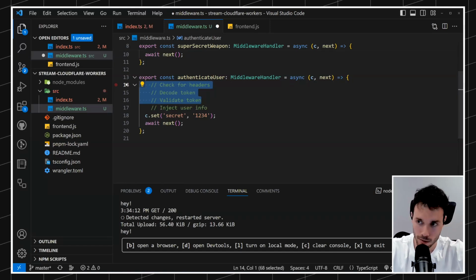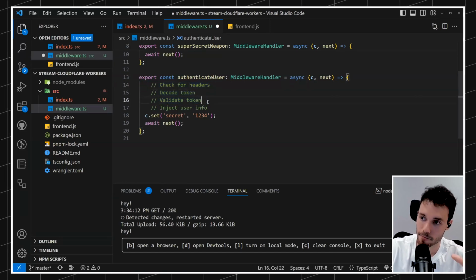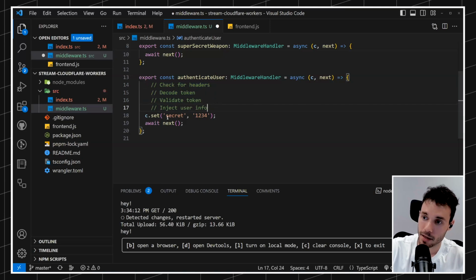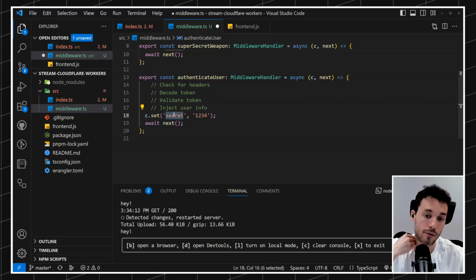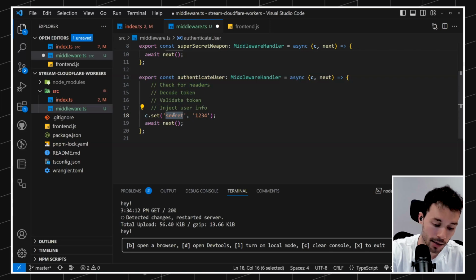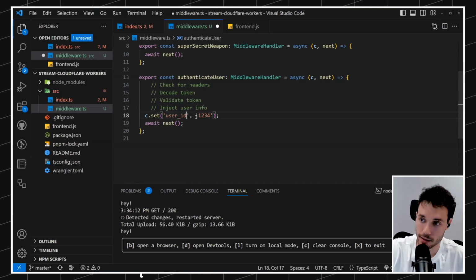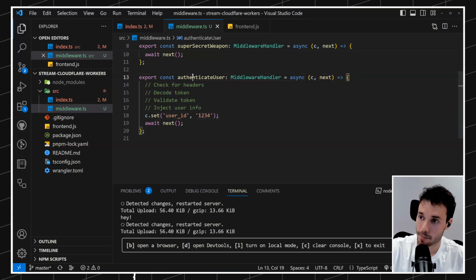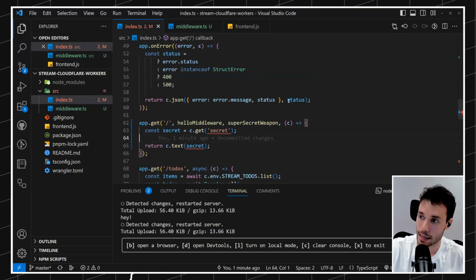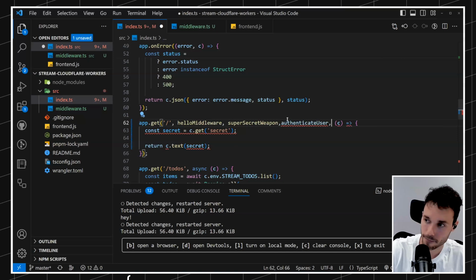which is material for a whole other stream. Just imagine it. Okay, but then maybe in here, I want to set information about the user. Maybe I want to say the user ID is 1, 2, 3, 4 in this case, okay? This means that when I put this in here, like that,